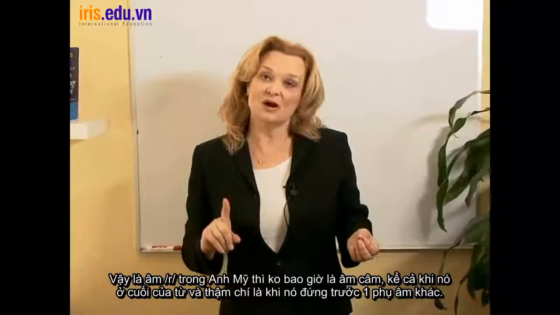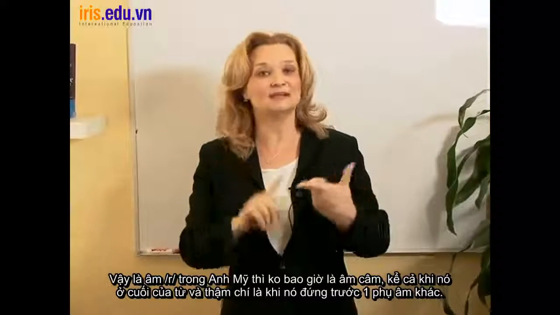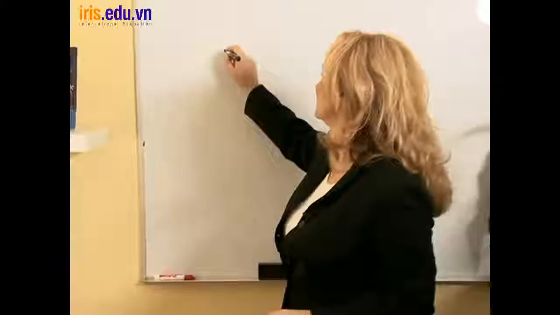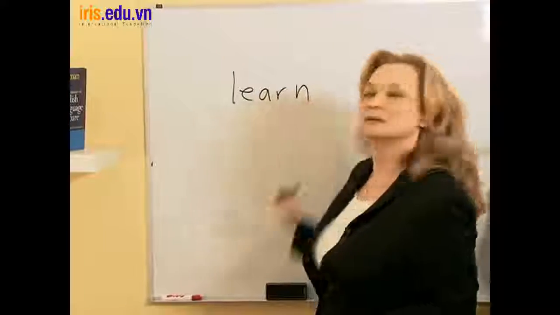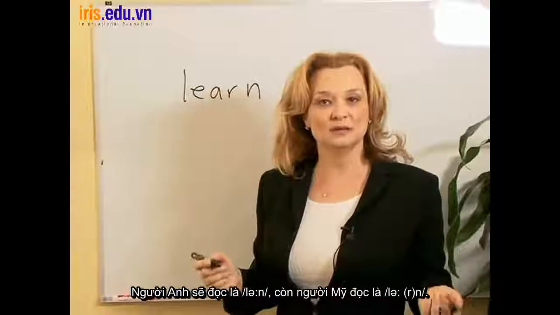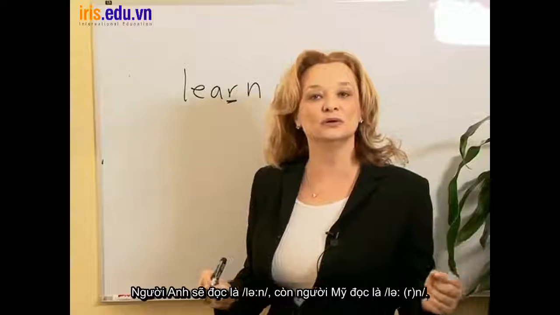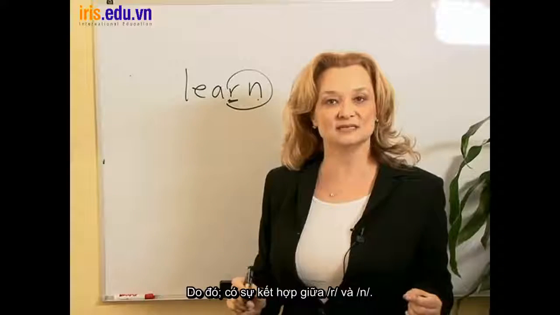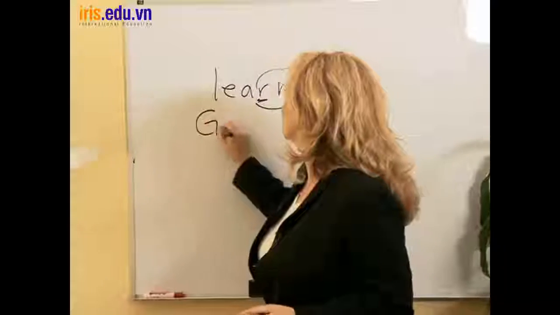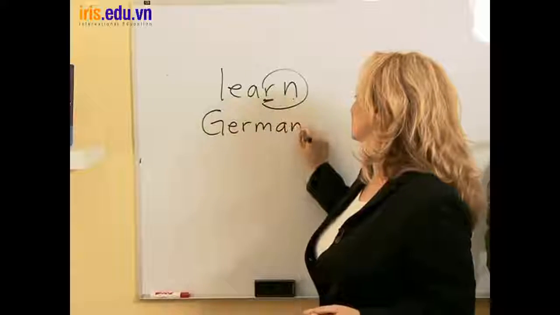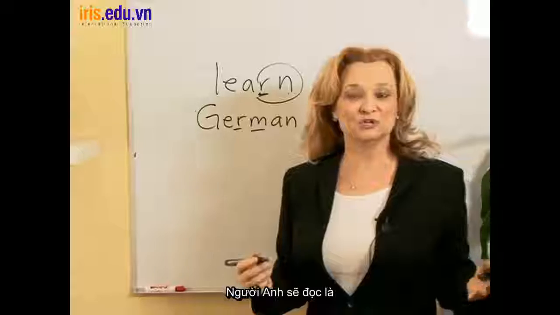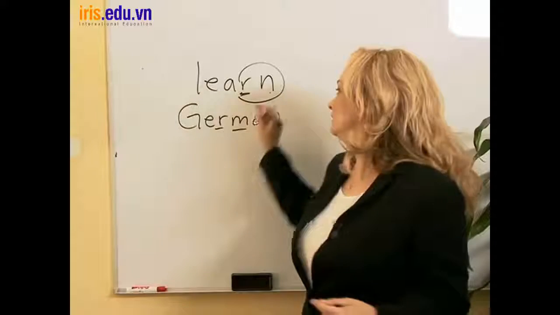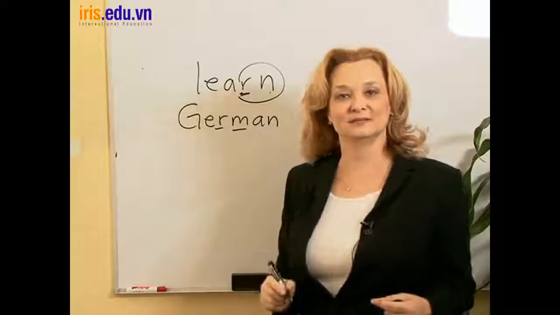So the American R is never silent. It's not silent at the end of the word and also before another consonant. Let me explain. British people would say learn. Americans would say learn. So we have this RN combination, R plus consonant. Let me show you one more. RM. British would say German. Americans would say German. Learn German. Let's practice a few